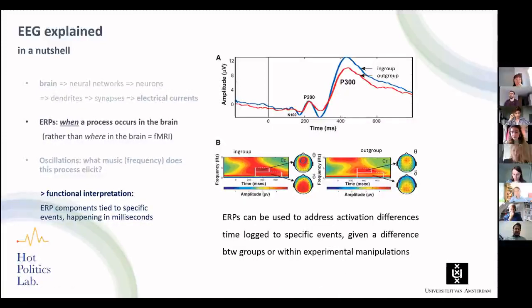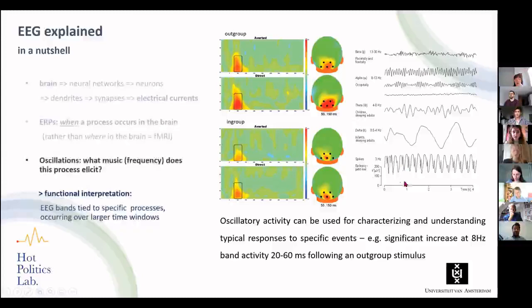Another example of how we can use EEG is to look at oscillatory activity, which can further tell you which specific frequencies are present in the signal over a certain time window. So instead of looking at specific events, we can look at what kinds of frequencies are being activated over a larger time window. This is particularly interesting if we want to tie these frequency bands to specific processes, and because we know under what certain frequencies the brain operates for what specific events it processes, then we can really tackle brain activity, to put it this way,